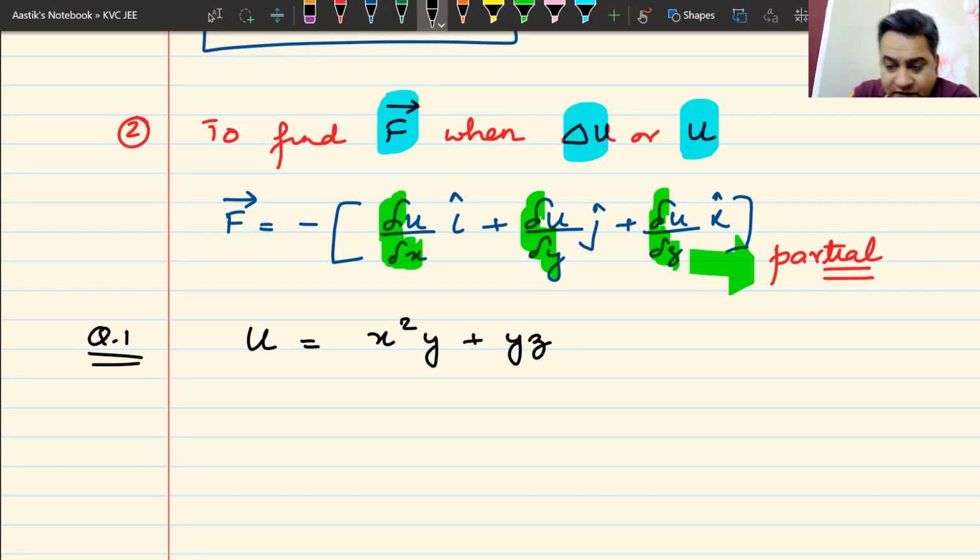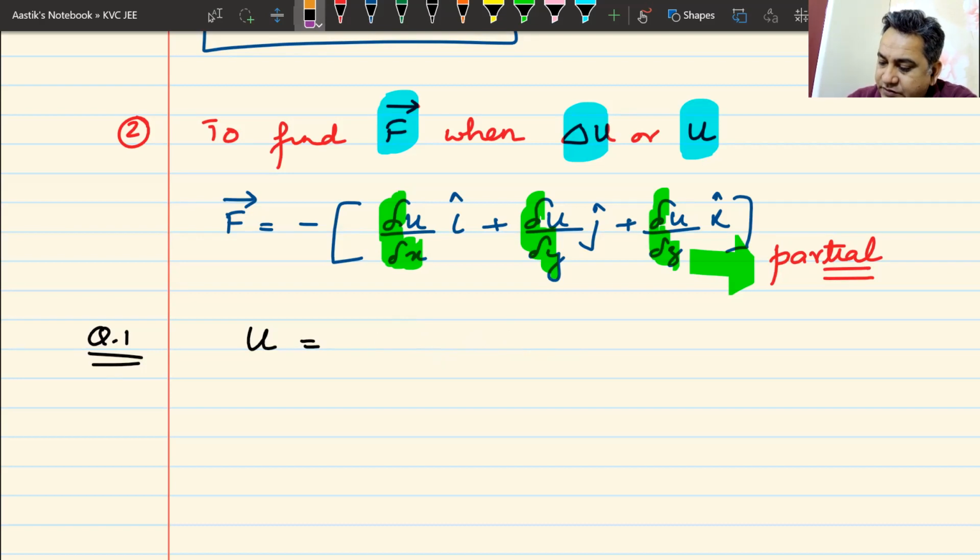The potential energy function of a force is given by this formula. Please calculate or find out the force. Okay, you don't know the... Have I told you how to calculate the derivative of multiplication of two functions? Did I tell you that in that class? Derivative of multiplication of two functions? Yes or no? Okay, so then I'll change the question first.